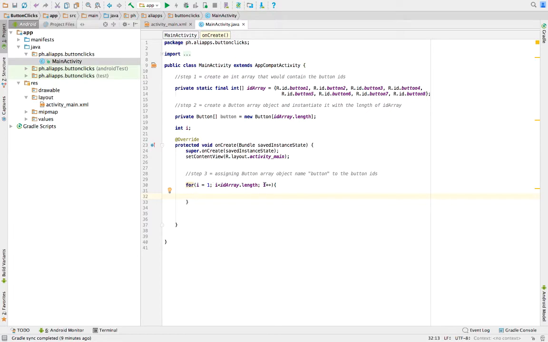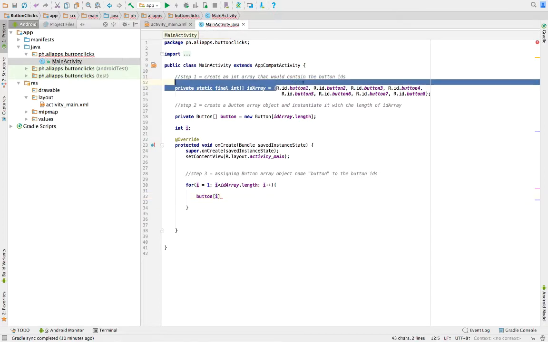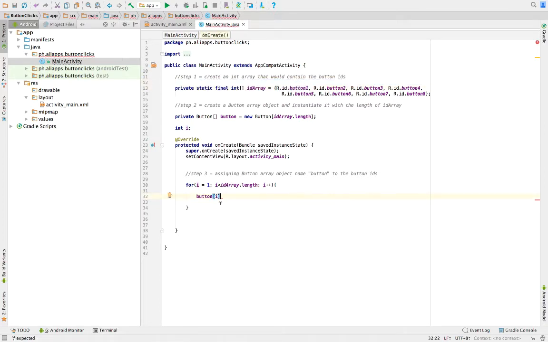Okay, since it's i++, before incrementing, the code inside the for loop would fire first. So how do we do that? We call our button array object, which is named button, and we pass the value of the int, which is i. So in the first run, it's button 1. So the ID that would be called would be button 1, because